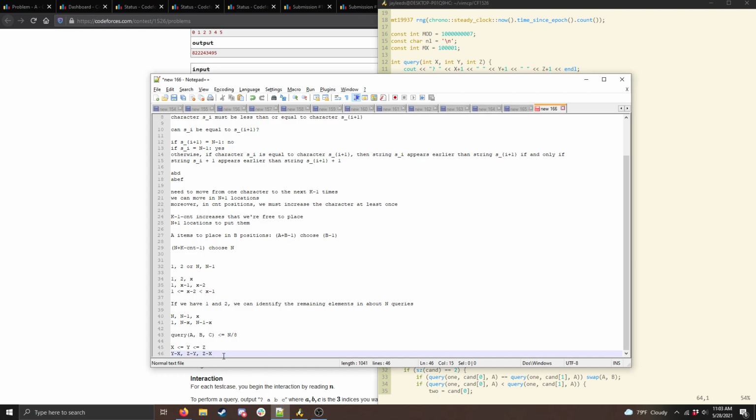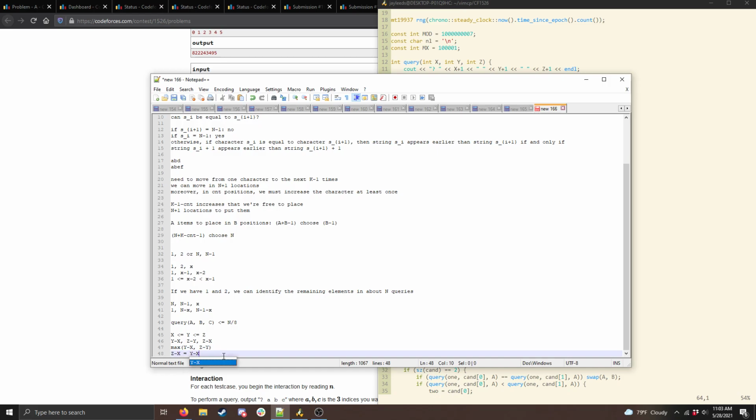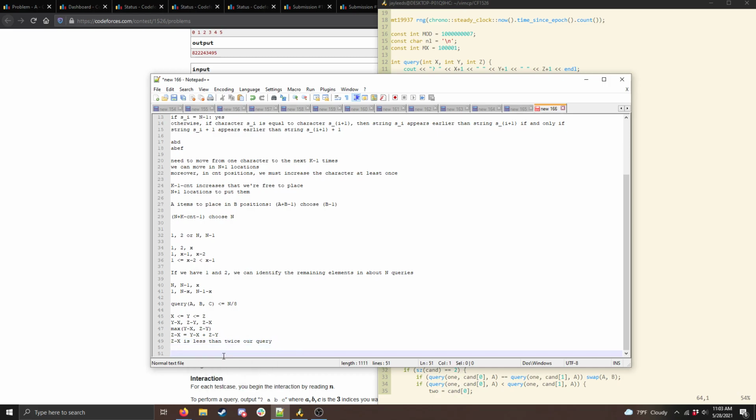So the query is going to give max of y minus x or z minus y. And moreover, since z minus x is equal to y minus x plus z minus y, we know z minus x is less than twice our query. And so what this tells us is that